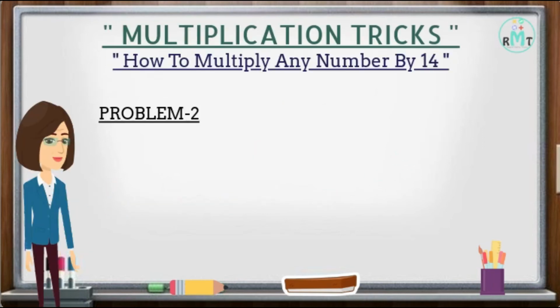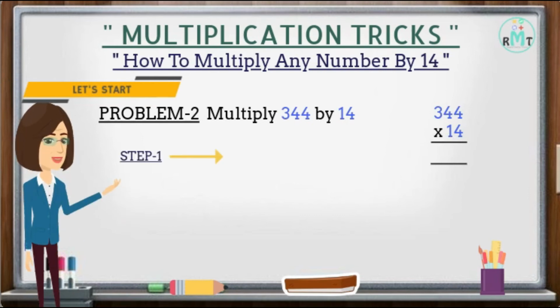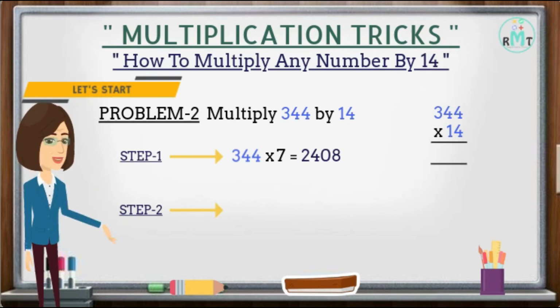1022. Problem 2. Multiply 344 by 14. Let's start. Step 1. First we will multiply the number 344 by 7, and we get 2408 as the answer. Step 2. Now we will multiply the result obtained in step 1 by 2, and we get 4816 as the answer. Hence, the final answer is